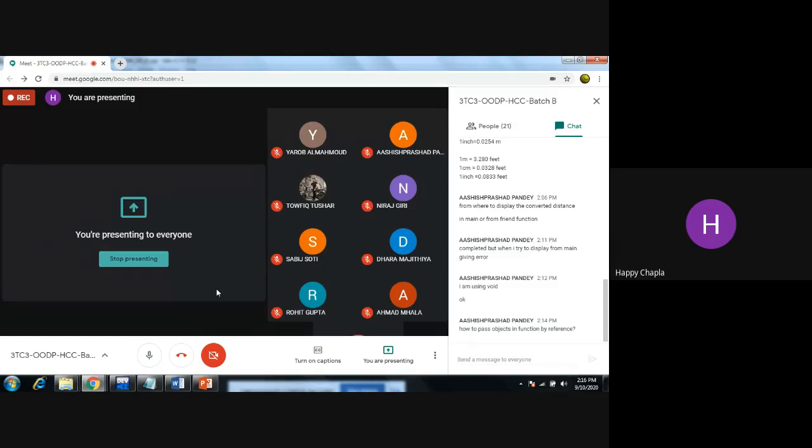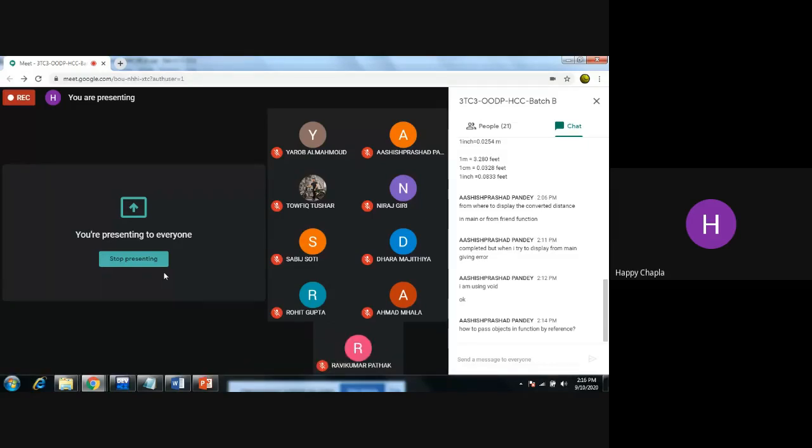You have the option to use the constructor, then you can use the reference type of variable, as we have discussed in the copy constructor, right? You also have the option that you can return the entire object as a return type.